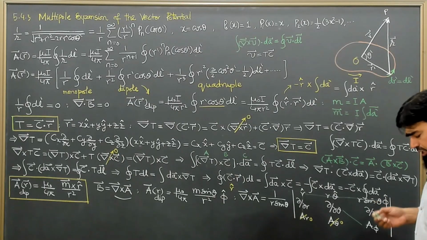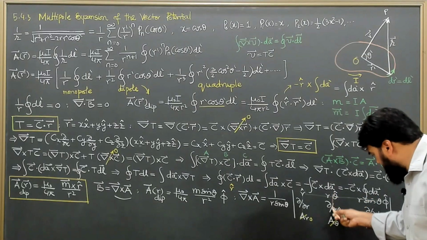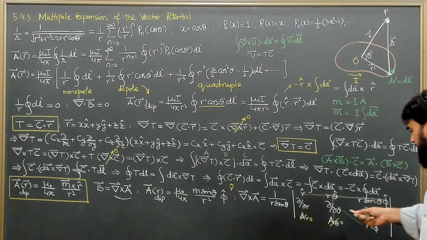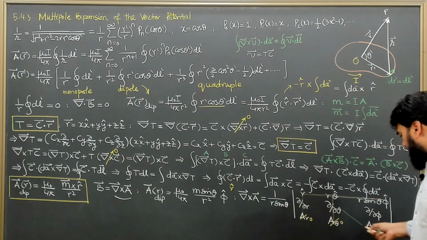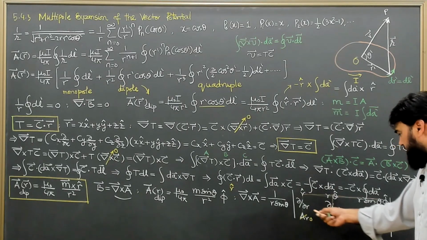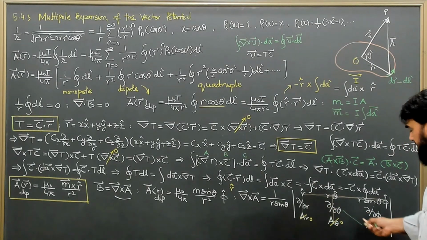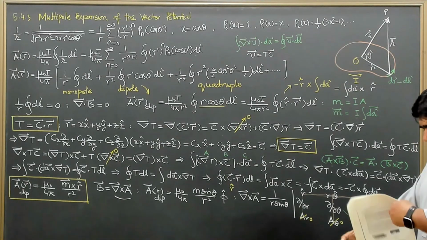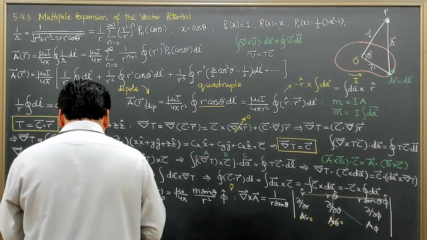Similarly, when I do this one, this column and this row are gone. So we have partial over partial r of A phi minus this, which is again 0. So we have one term, partial over partial r of A phi, for the theta component. So the terms are not that difficult, and I can write that